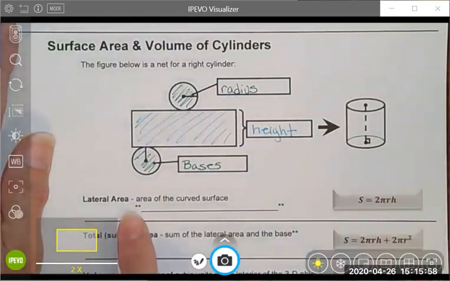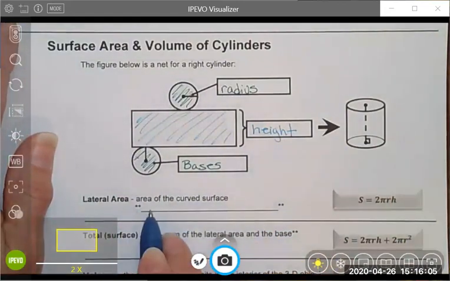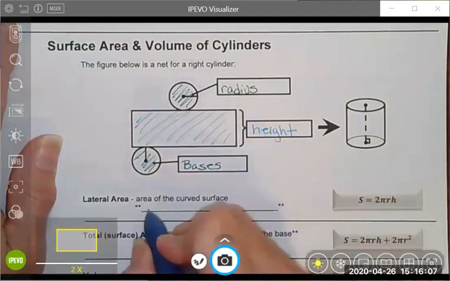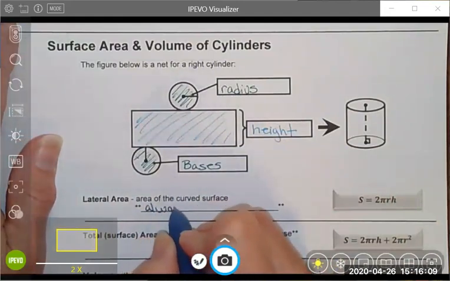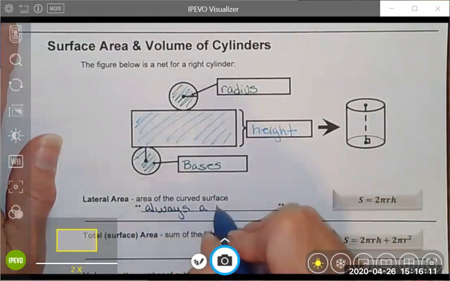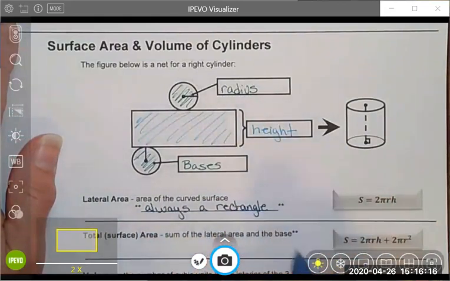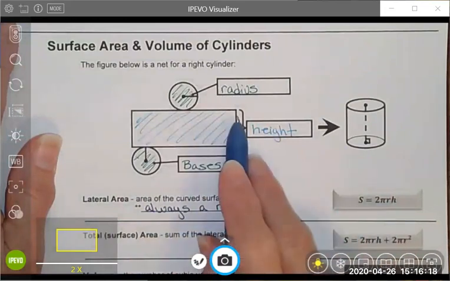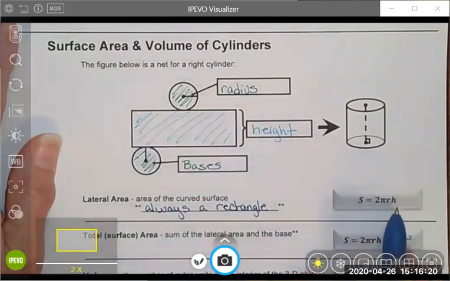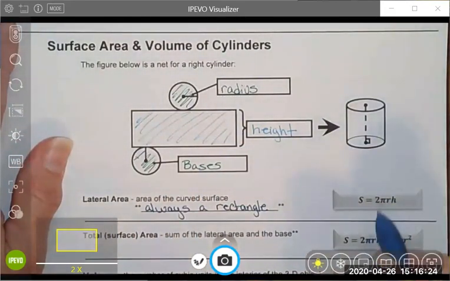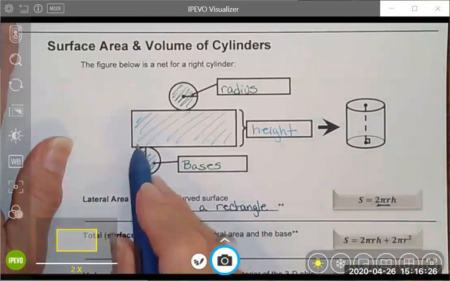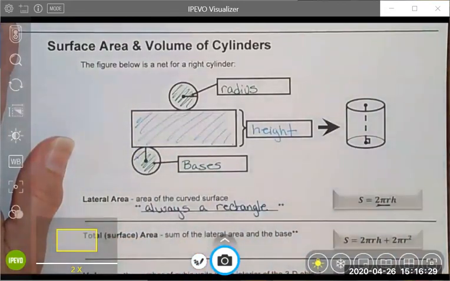Okay, the formulas are pretty easy to see. This is what I was just saying, that the lateral area is always a rectangle. And we know how to find the area of a rectangle. That's just the length times the width. Well, here's perhaps the length or the width. And if you think about it, 2 pi r, that's the circumference of the circle, and that gives you the